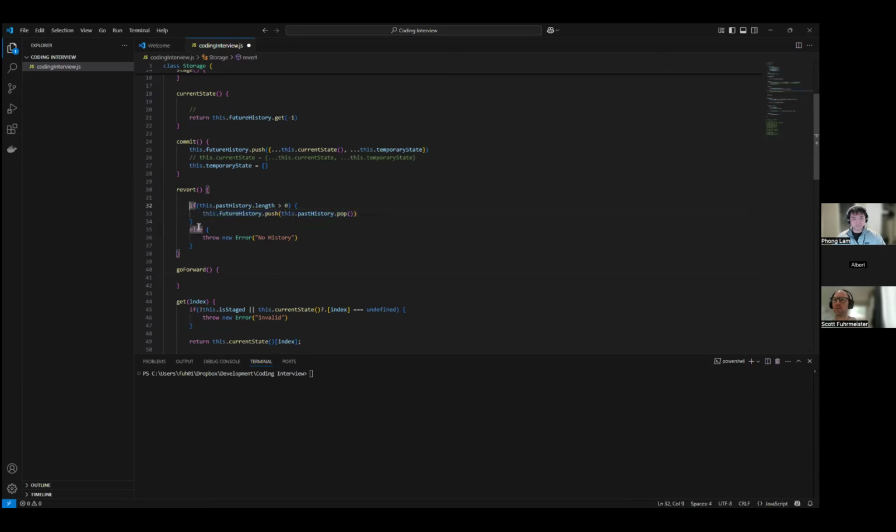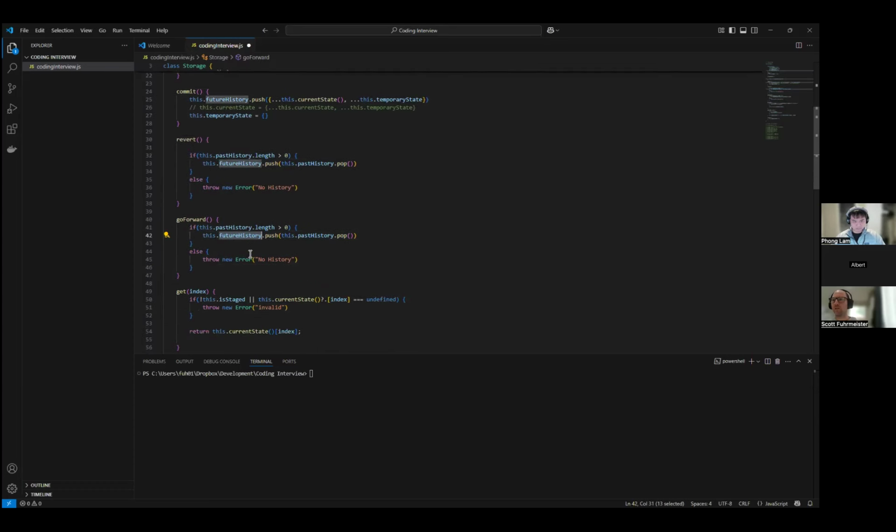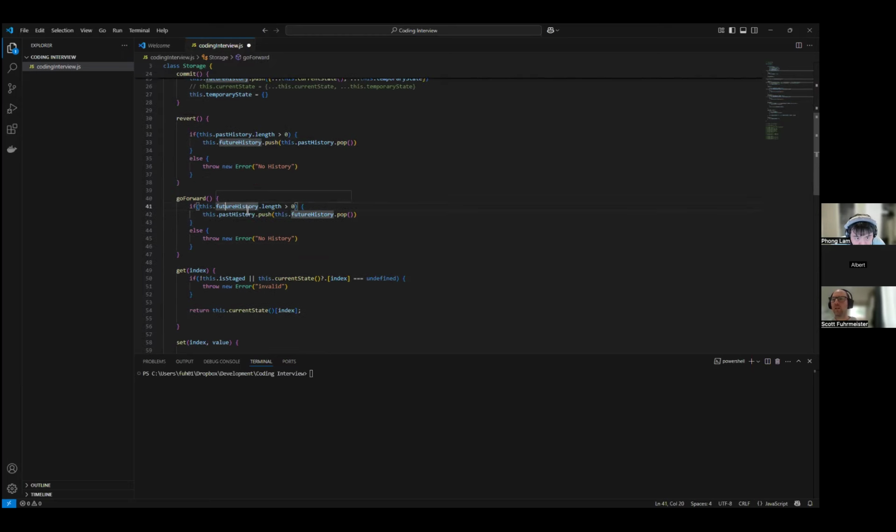So I can almost copy this code, but we want to switch the direction. If the future history, it's going to be pretty much the opposite. We can just switch them around. If you want to go forward, the future history has to have something to go forward to, but the future history is going to have the current state.